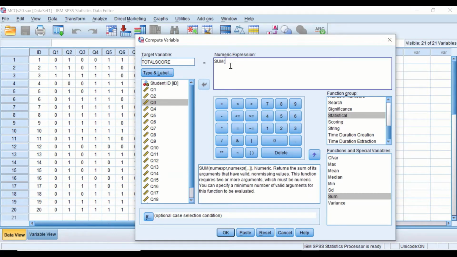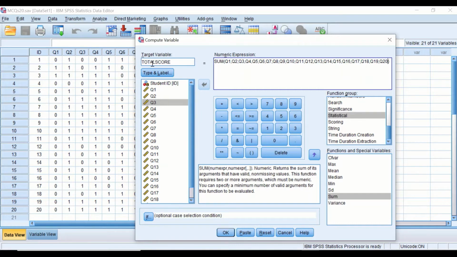So if I delete that, add the bracket again and Control V, or paste. So all the 20 variables have been placed in between the brackets, separated by commas, and this will instruct the software to add all the values for each individual student, add them up together and generate a new variable